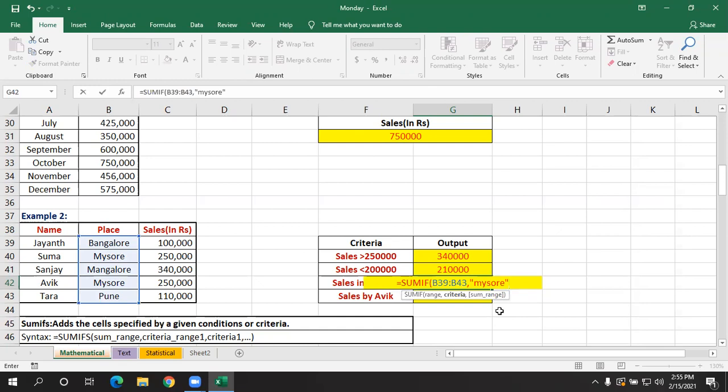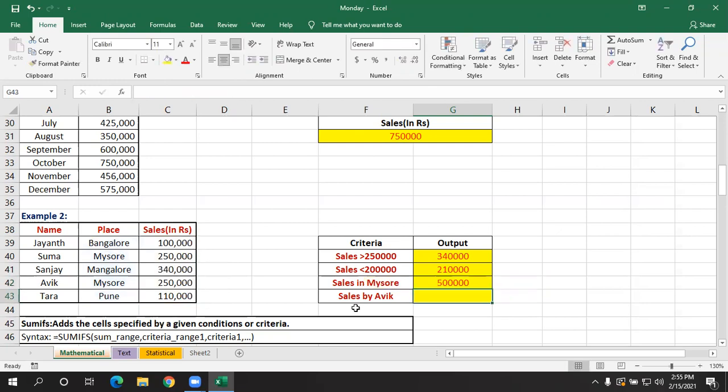Comma, sum range. It is sales. If I close and press enter, it is showing 5 lakh. So here it is 2,50,000 and here also 2,50,000. If I change it to 3 lakh, see, it's updated.